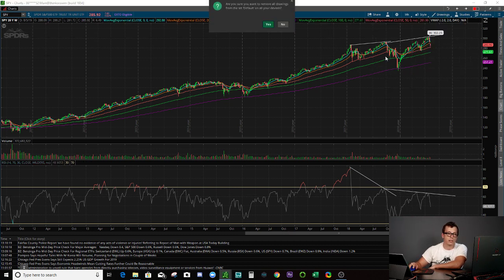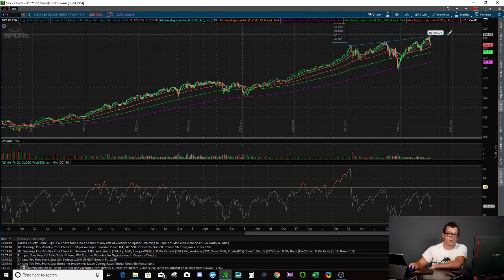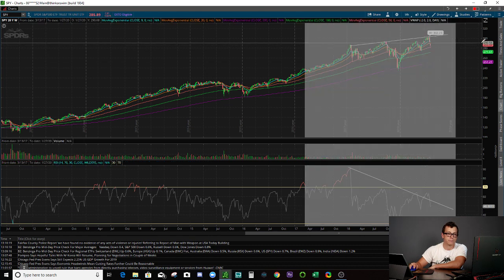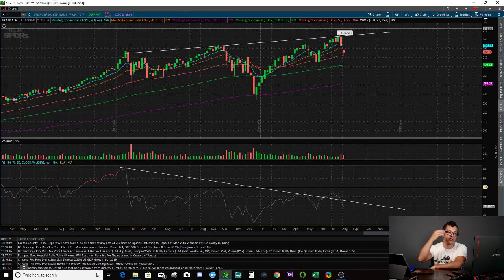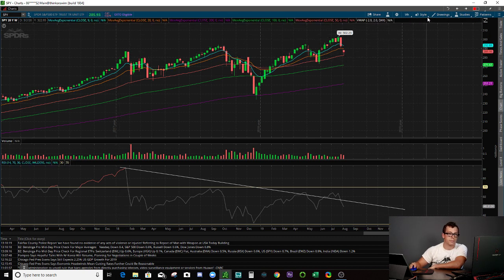And if we just take a look at the whole thing, we could say this market has been trending into new highs while the momentum the whole time has truly been trending down. So what we've been seeing is a struggle to truly break over highs. And if I may, look at the top back here in